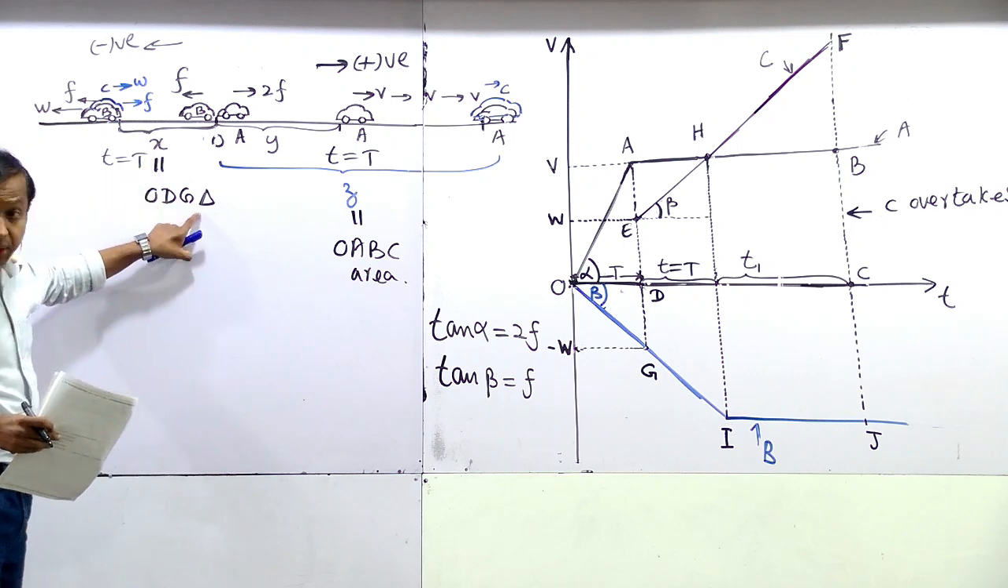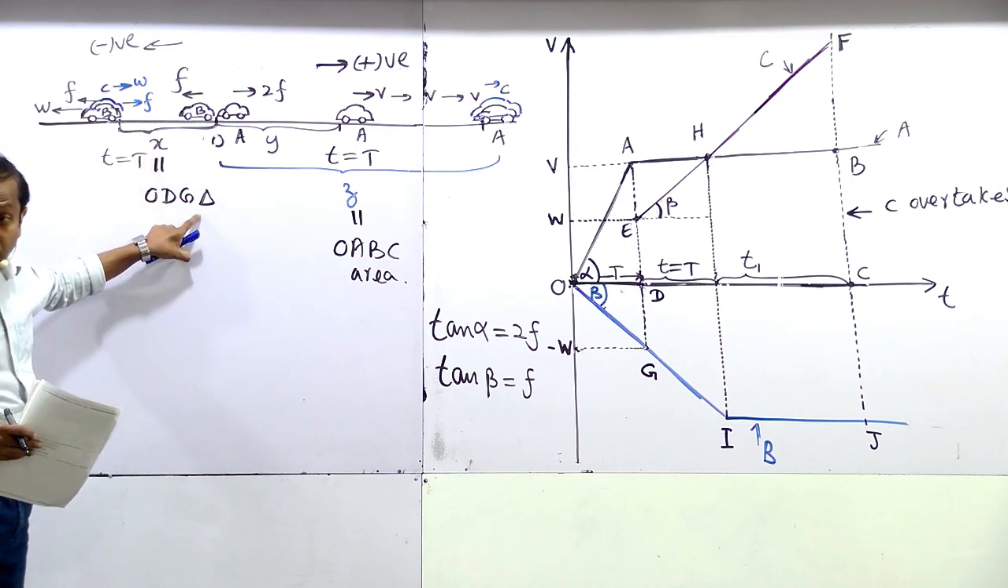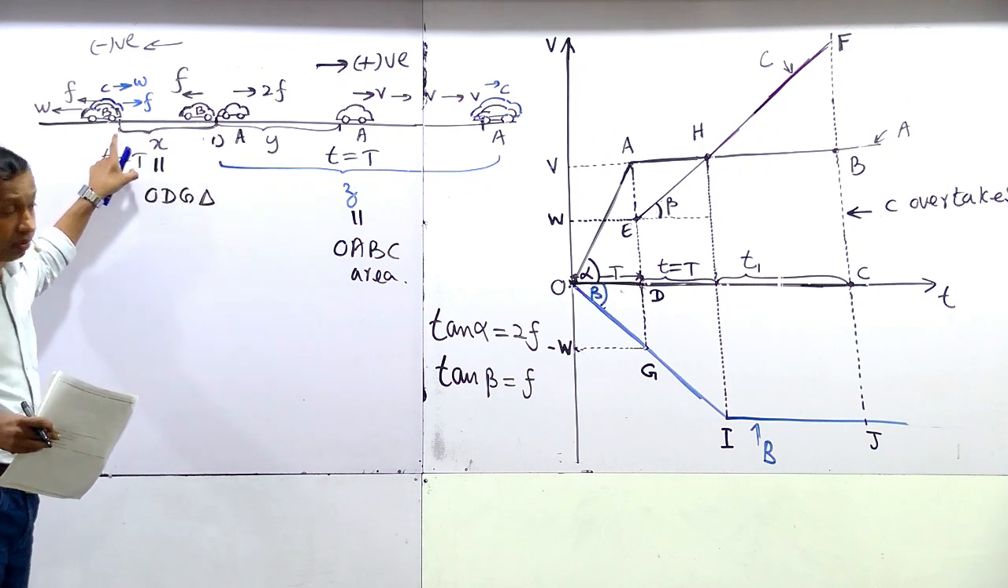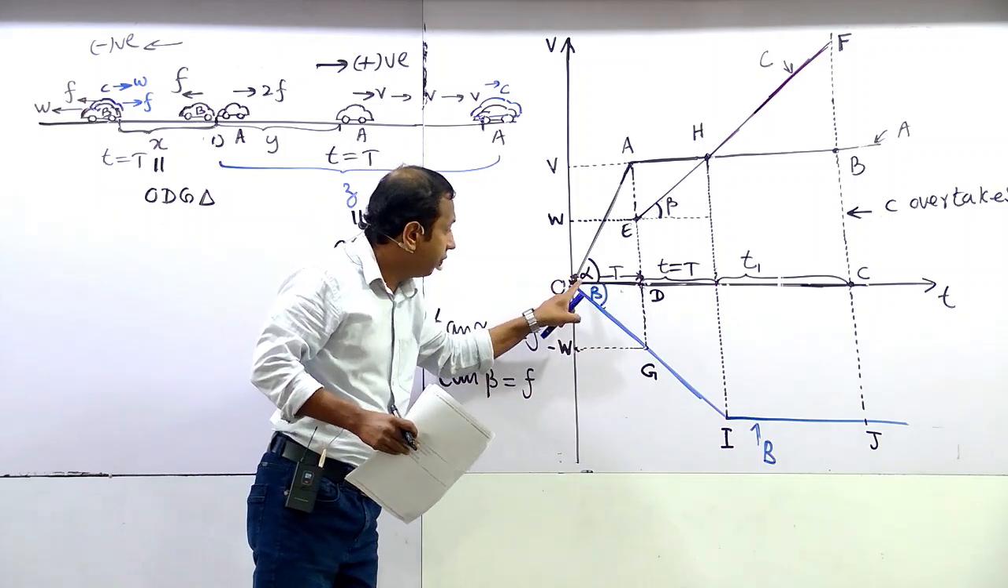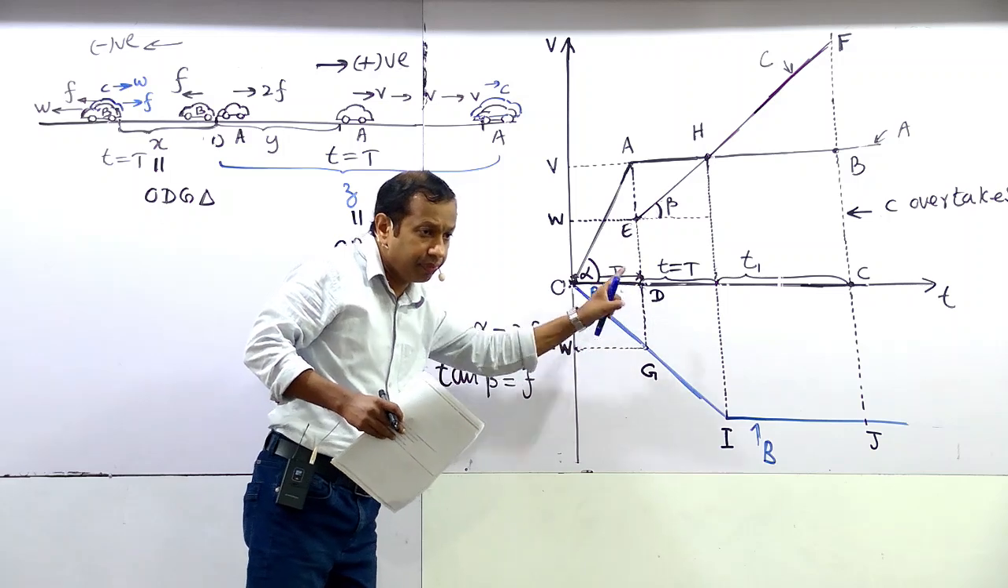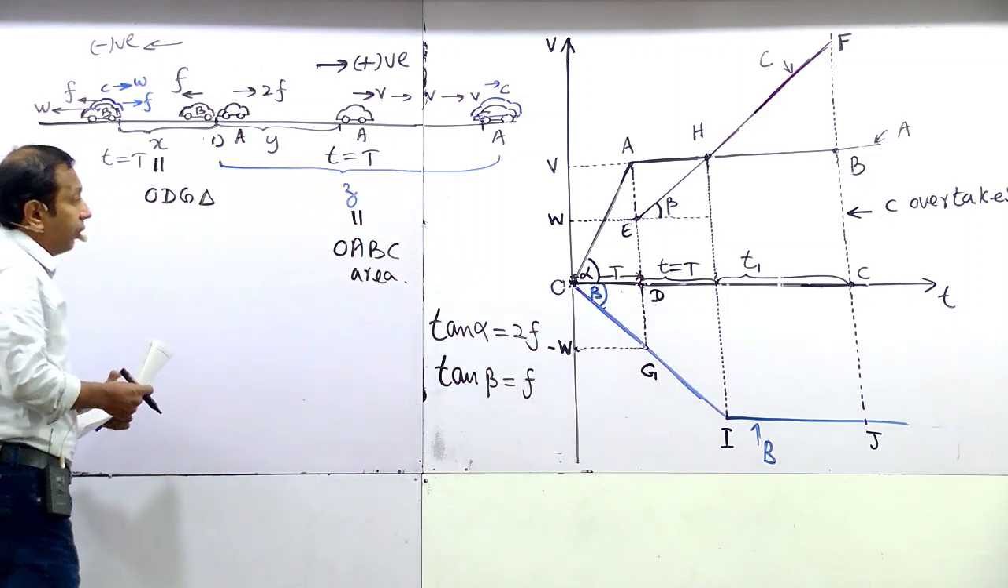X is the ODG triangle area. Why? During the time t, the distance traveled by B to the left. During time t means this time. The VT graph of B is from here to here. The area covered by that is X. Right. Write down. Therefore,